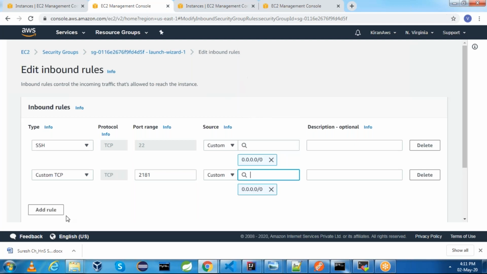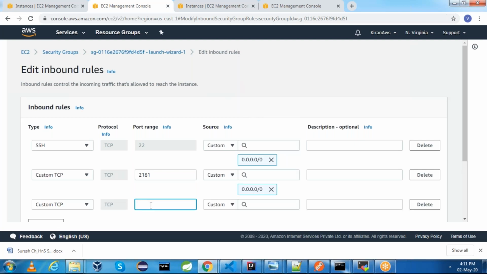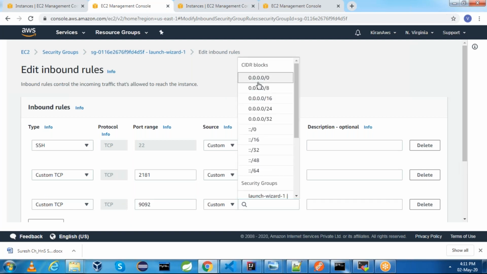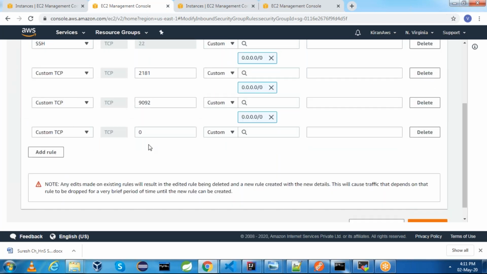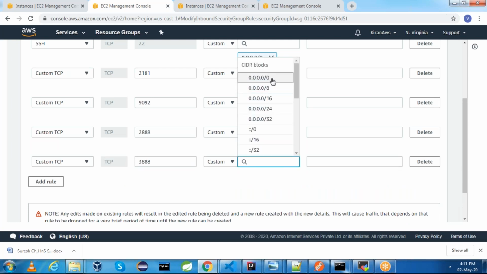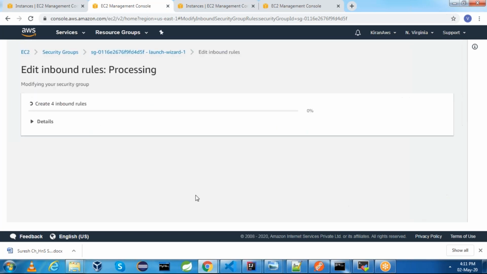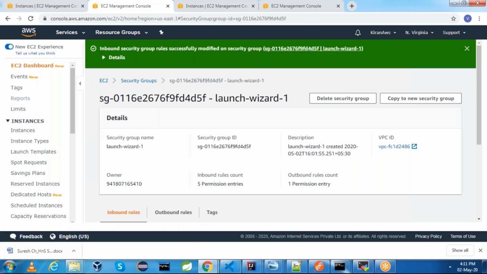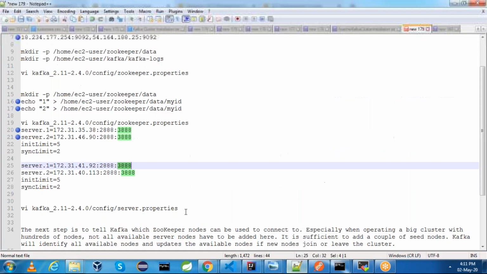I'm allowing it for all. Add rule 9092 for Kafka server and allow it for all. And then 2888 for Zookeeper configuration and 3888 also for the same. And save the rules. Now we have enabled the port numbers also.